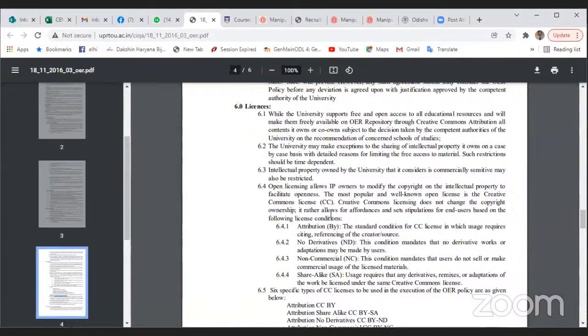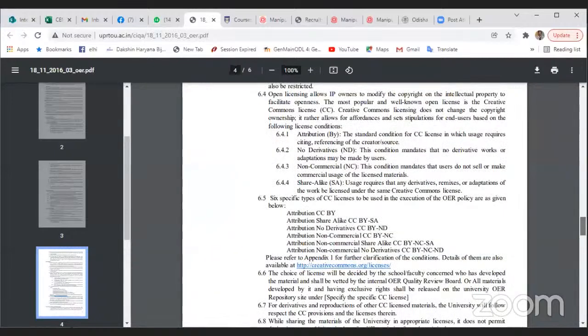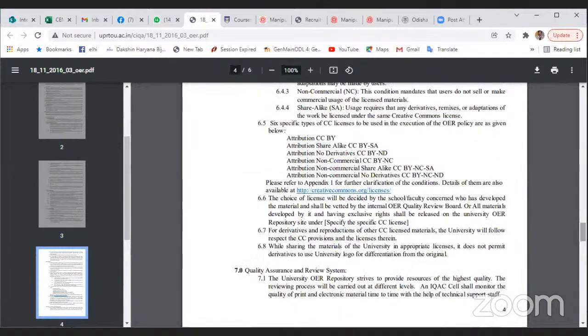So this open educational resource policy of the university is adequately and appropriately stating and giving the adequate guidelines to the entire fraternity and stakeholders of the university to use their own materials and adapt